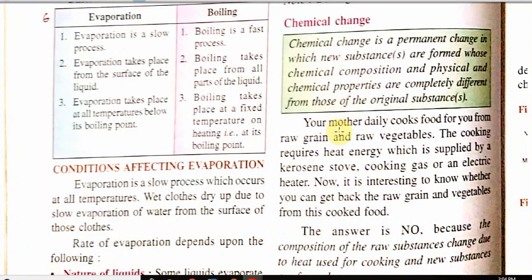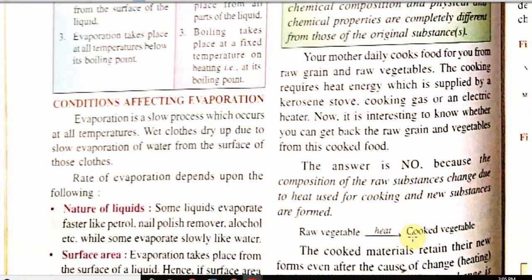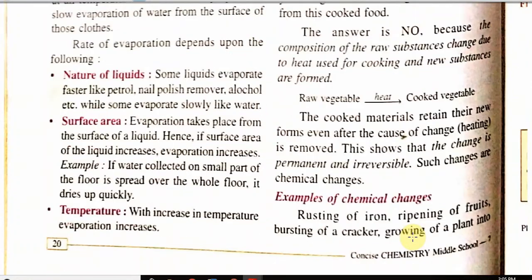Your mother daily cooks food for you from raw grain and raw vegetable. Now the cooking requires heat energy which is supplied by gas or a stove. Now it is interesting to know whether you can get back the raw grain from the cooked food. The answer is no, because the composition of raw material and cooked food